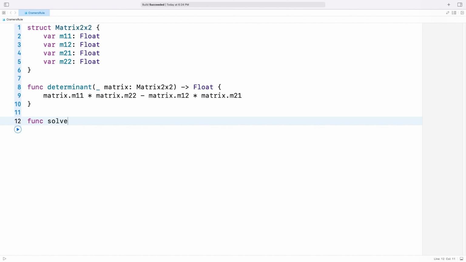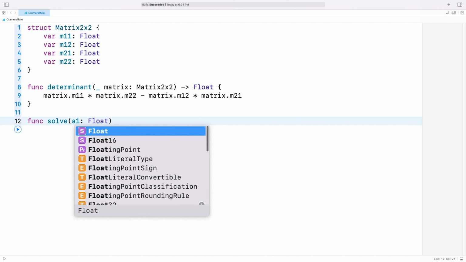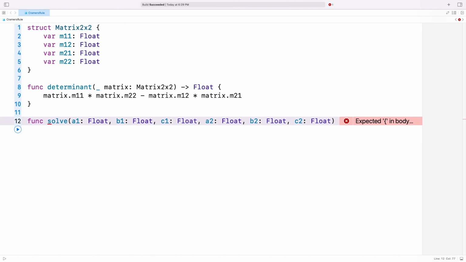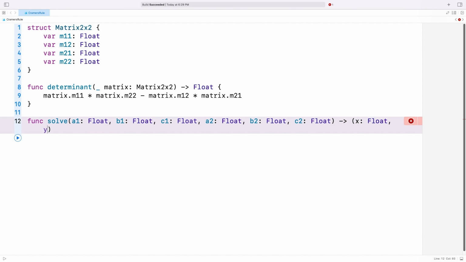With these two pieces in place, I can now write my function to solve a 2x2 system of linear equations. Solve, and then I provide the coefficients a1, b1, the constant c1, and then a2, b2, and finally c2. And the returned value is a tuple x of type float and y of type float. I'll make this return type optional because, as you might remember, if the determinant of A is 0, we won't